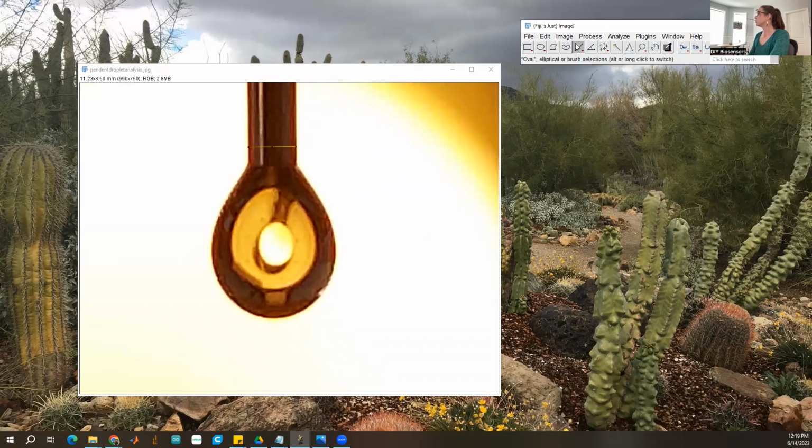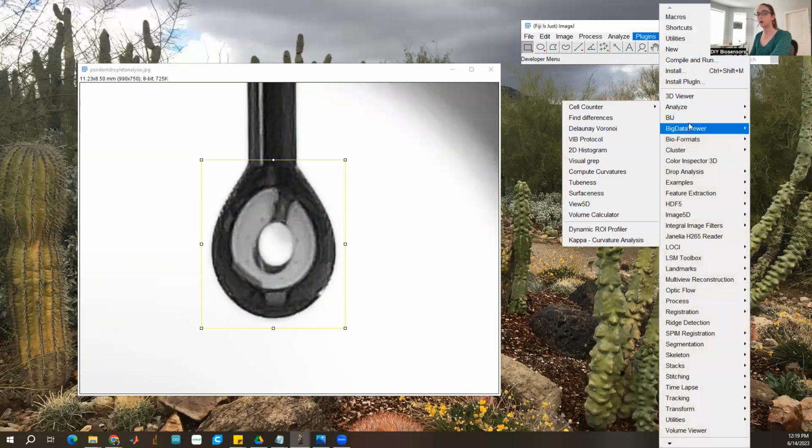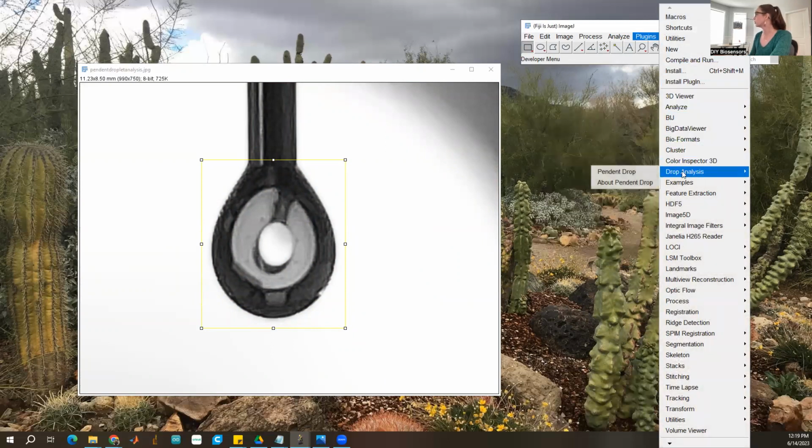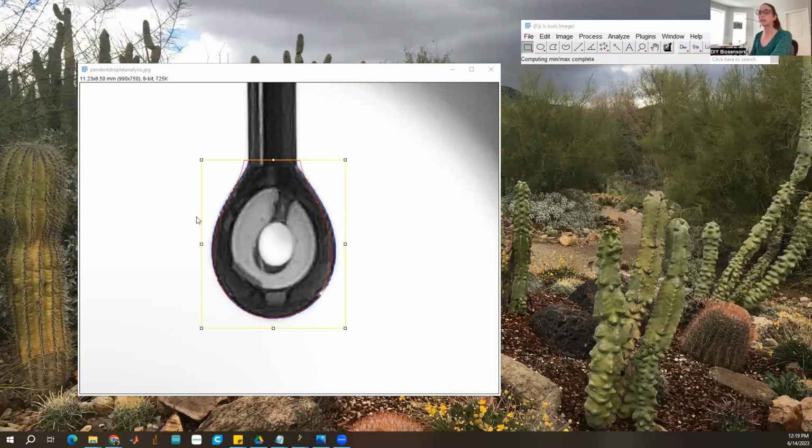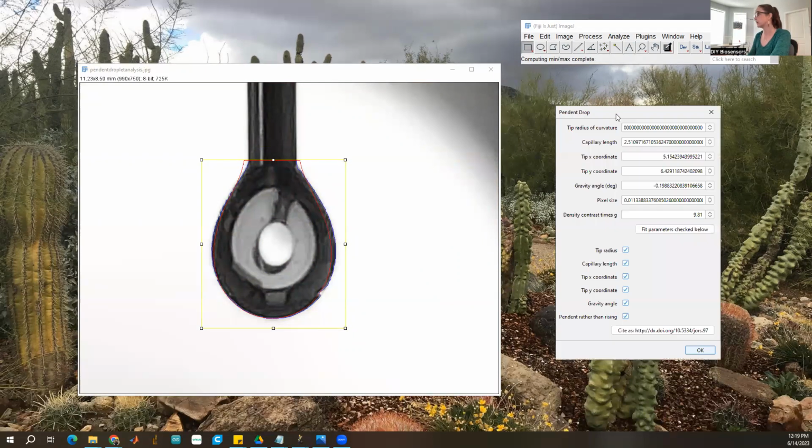Okay, great. Then you need to have a monochromatic image. Next, we are going to draw a rectangle around our droplet. Now it's ready to run the plugin, which is pretty good at automatic. Yeah, look at that. So if you can see here, we are getting our data based off of this red outline. And so it's a fantastic plugin at just quickly finding